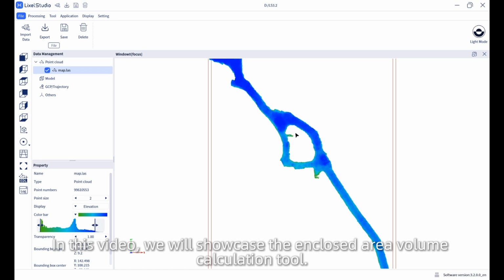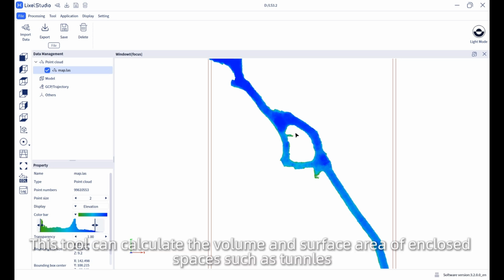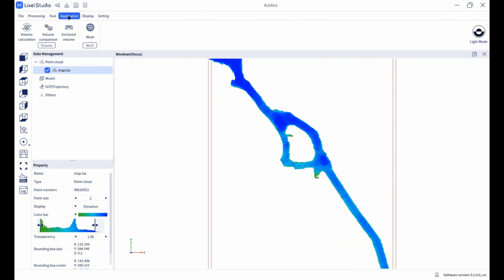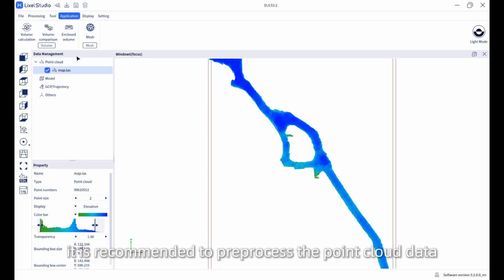In this video, we will showcase the enclosed area volume calculation tool. This tool can calculate the volume and surface area of enclosed spaces such as tunnels, mine tunnels and ship cabins. Before using this tool, it is recommended to pre-process the point cloud data through clipping and denoising, retaining only the